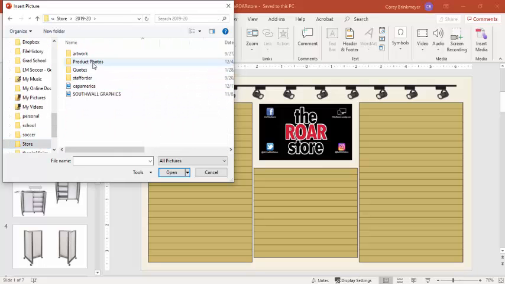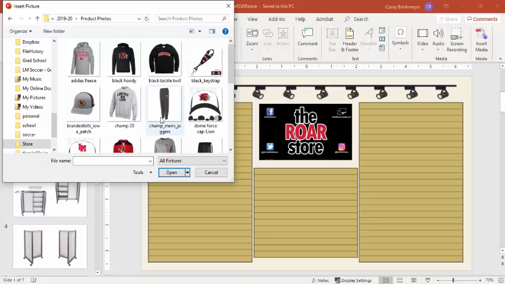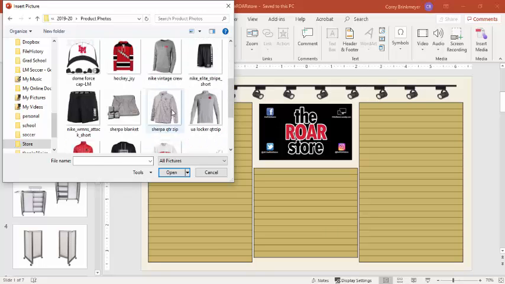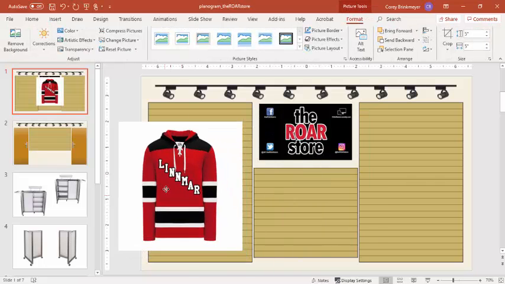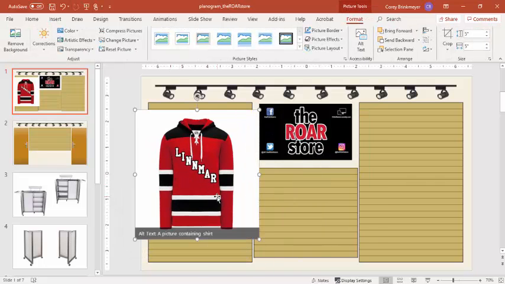Like I said, for your purposes, it's just going to be the downloads folder. So this was one of the items that we had. We'll just go ahead and insert this. Obviously, this is not to scale. Our sweatshirts are not 3/4 of the size of a wall, so we need to do the best that we can. But before we do that, to make it a little bit more lifelike,